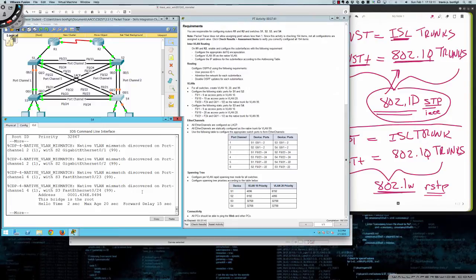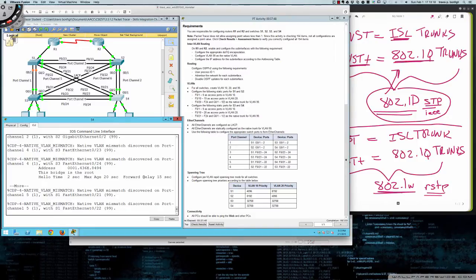And it looks like we're missing two points, and I'm wondering about switch 1 and switch 3. So we're still receiving these native VLAN mismatch errors. Before I go take a look at the activity, it's on port channel 5 on switch 1. Or VLAN, the VLAN is 1, sorry, with switch 1 Ethernet 0/2199. So the native VLAN was overlooked by me